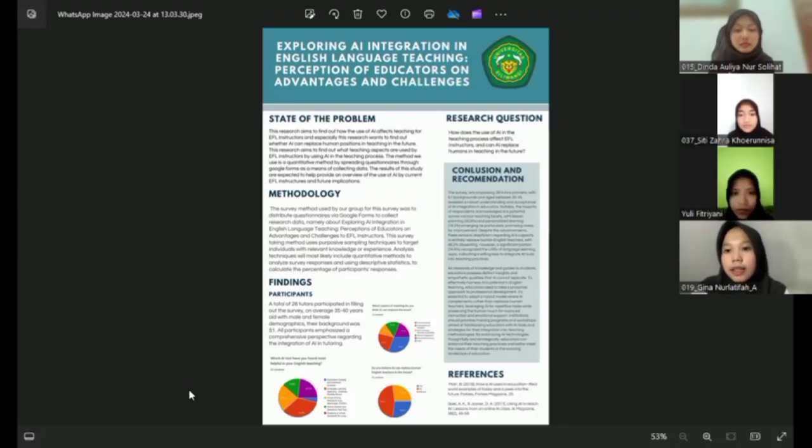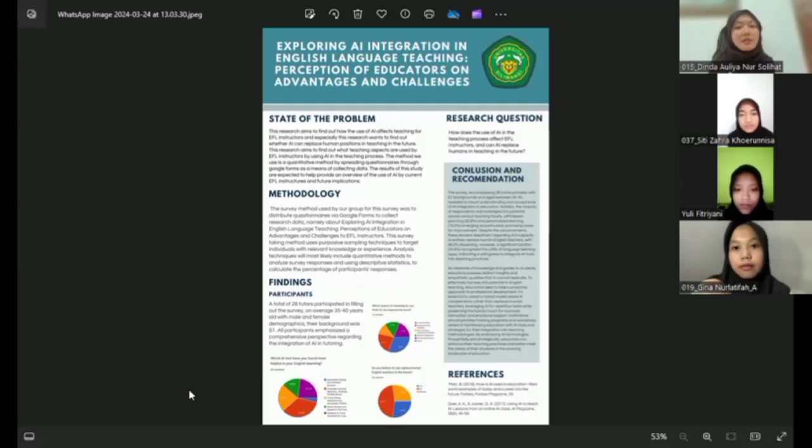Analysis techniques will most likely include quantitative methods to analyze survey responses, using descriptive statistics to calculate the percentage of participants' responses. That's all from me. Back to moderator. Thank you, Ginanu Latifah.